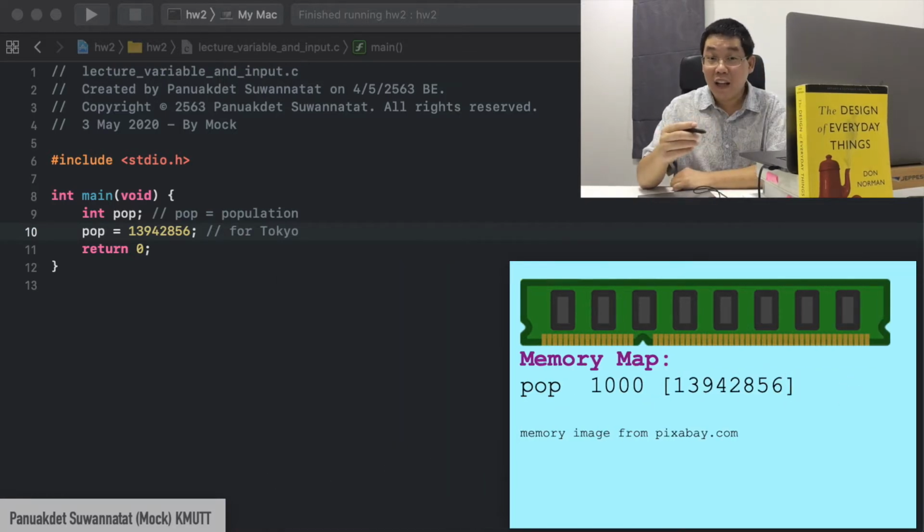In most other languages, you cannot even get the location 1000 of the memory. But in C, it lets you access that location, that address of the variable, by using something that we call referencing a variable.